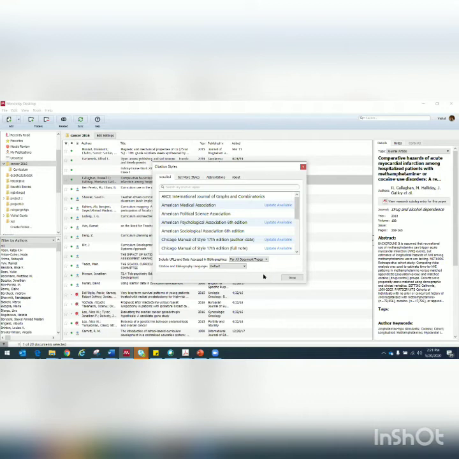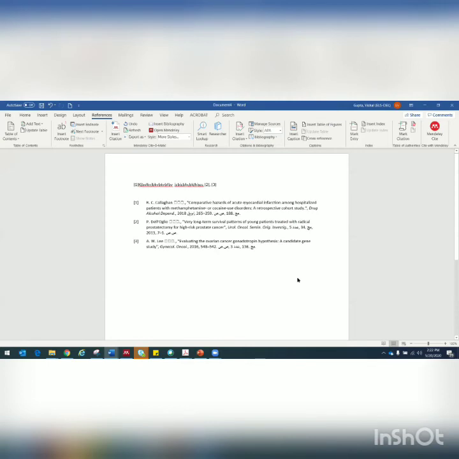Now again, there is something which is very important. Some of your institutes or some of you authors do collaborate with researchers across the globe, and there may be cases where the language of the article is not English, so it may be a different language. You can still use Mendeley to cite your articles in that language. So if you see here, there is a drop down which says African, Arabic. So there are close to 140 languages that are mentioned here. Whichever language you wish to choose, let's say Arabic, and I say done.